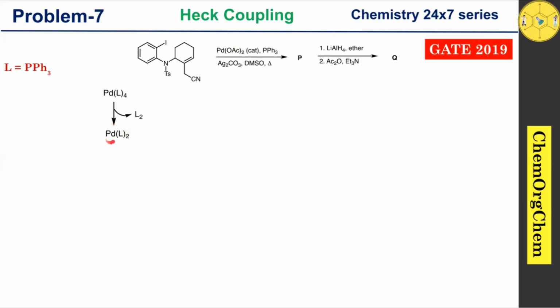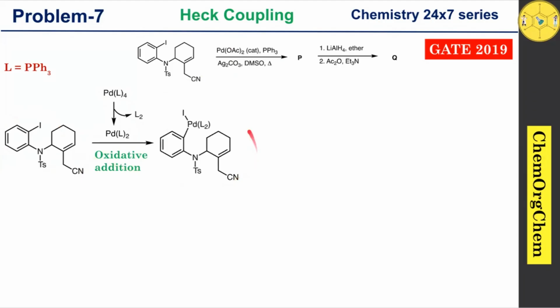After the generation of palladium zero, it undergoes oxidative addition with our substrate to produce this palladium complex. This palladium complex then reacts with silver carbonate, which produces silver iodide precipitate, followed by the generation of the palladium cationic